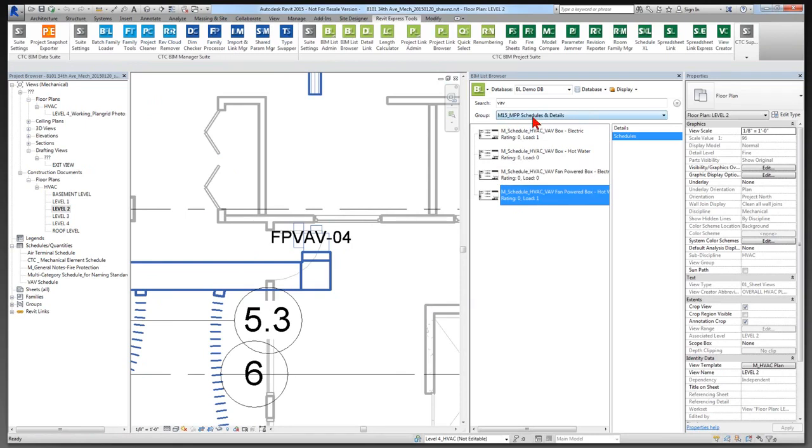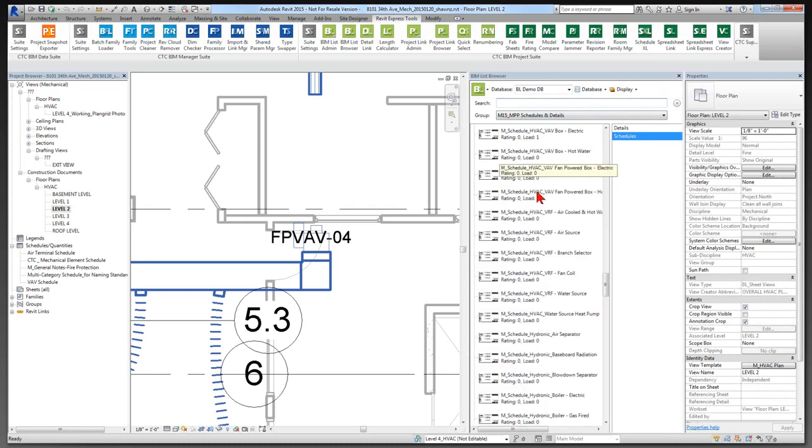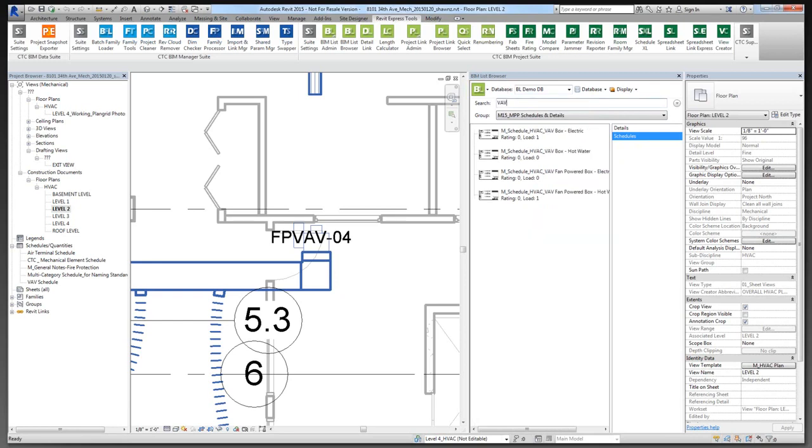It's coming out of my mechanical packs schedules and details file. I've got a little content file there with some schedules in it. I've already sourced this down to VAV boxes. If I undo this, you can see I got a ton of different schedules that are available for me to find. But using the BIMlist browser tool here, I can simply type in VAV since that's the schedule I'm dealing